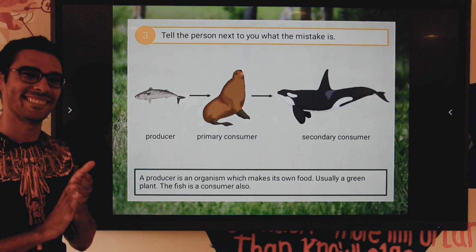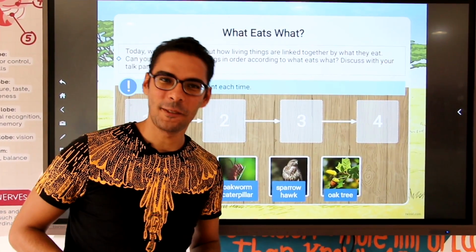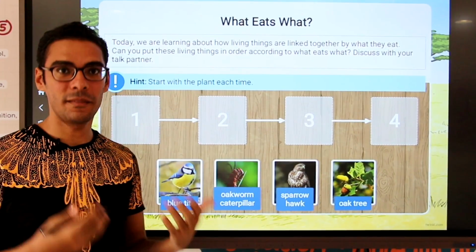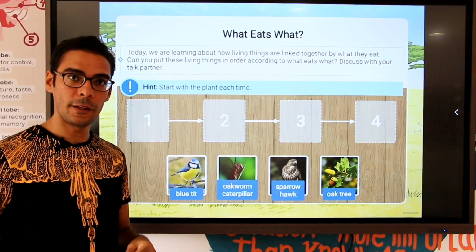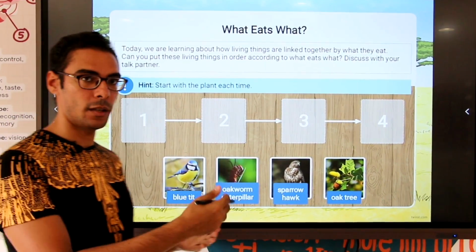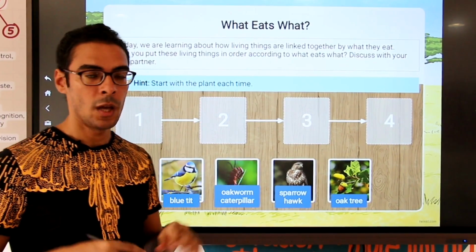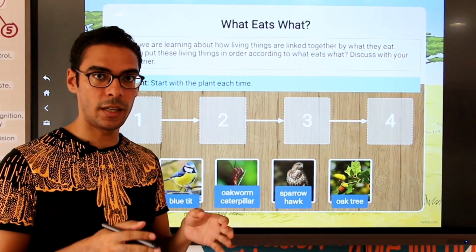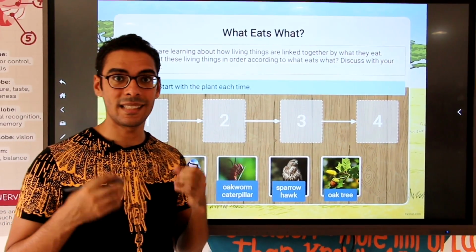Give yourself a big hand. Welcome back, Primary 5 Superheroes. Right now we're going to be talking about the ecosystem, the meaning of the ecosystem. We have studied in the previous episodes that we have food chains for many living organisms. Whoever they are, wherever they live, the place that contains all of the living organisms is known as an ecosystem.